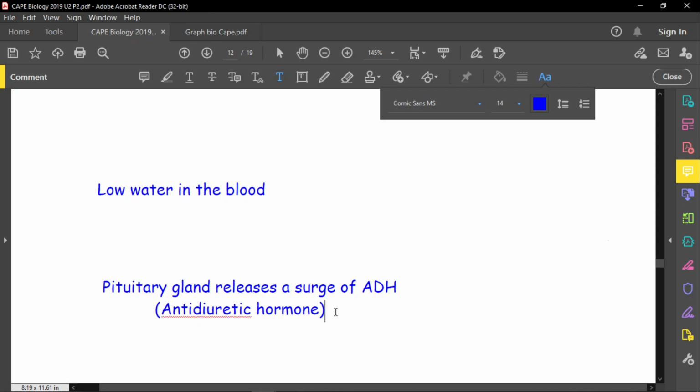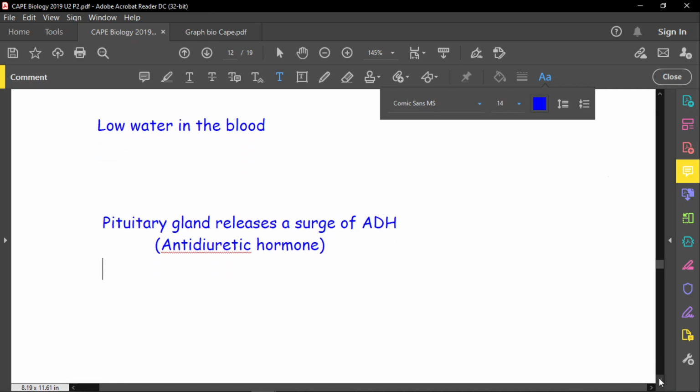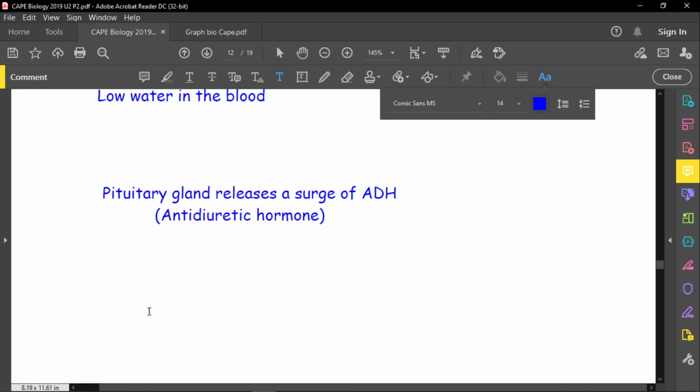And so once the brain releases this trigger, now this is the control part of it, or the regulation part of it. So here we're going to release ADH, and ADH will now cause a response. I'm using the words as I go along. It will cause a response by causing a high volume of water